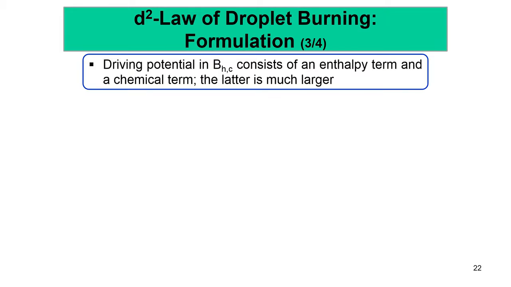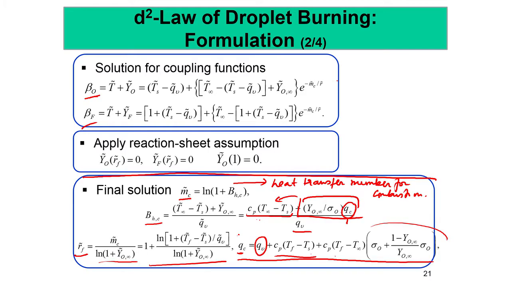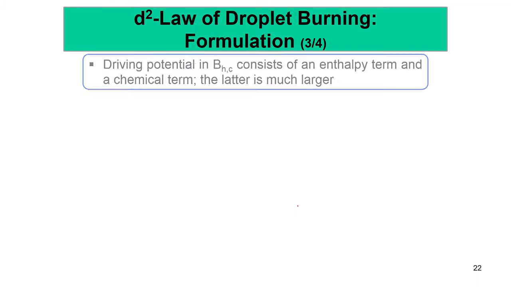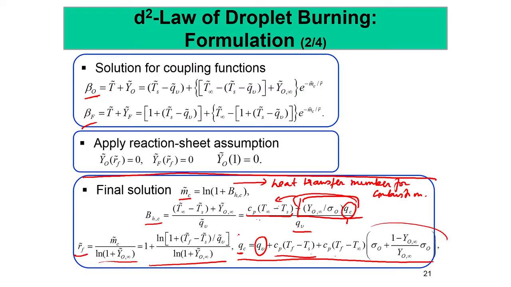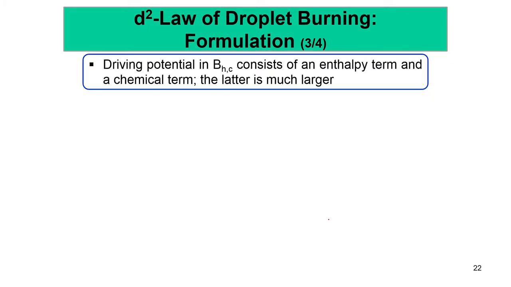So, in this case the driving potential is BHC, as we have discussed before, for driving the droplet evaporation or vaporization. It consists of an enthalpy term, which is this one, and a chemical term, which is this one. The chemical term is actually much bigger than the enthalpy term,